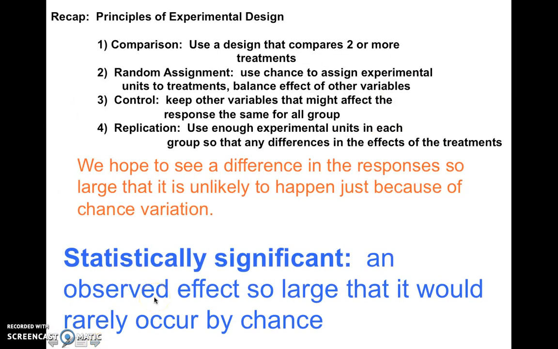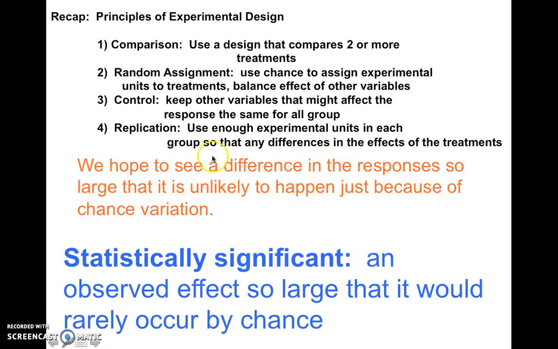So let's recap the principles of experimental design. First, we've got comparison, and so that's going to be comparing 2 or more treatments. You've got your random assignment, and that uses chance to assign experimental units to treatments. Control is when you keep other variables that might affect the response the same for all groups. And replication is that you're using enough people or enough subjects or enough experimental units so that any differences in the effects are